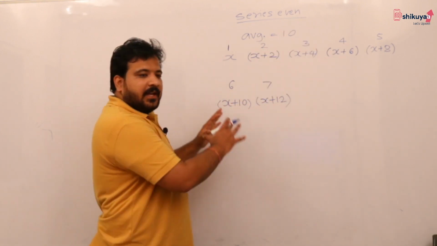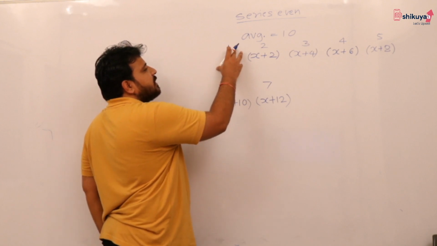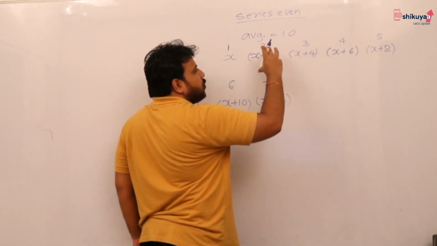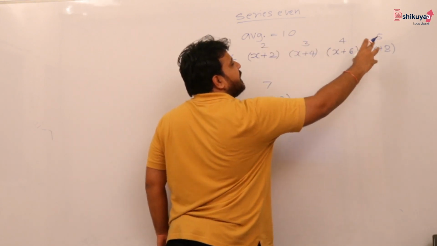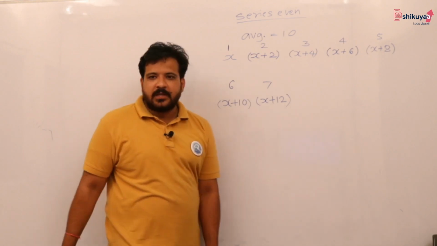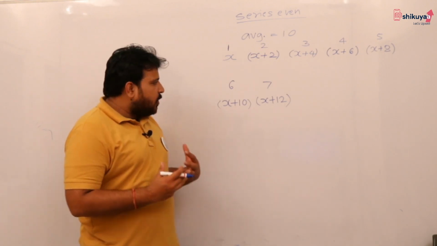So what I have done here is, I have assumed the initial term as x, and I have added 2 to every next number, and finally I have reached this. Correct? So what a normal student is going to do is,